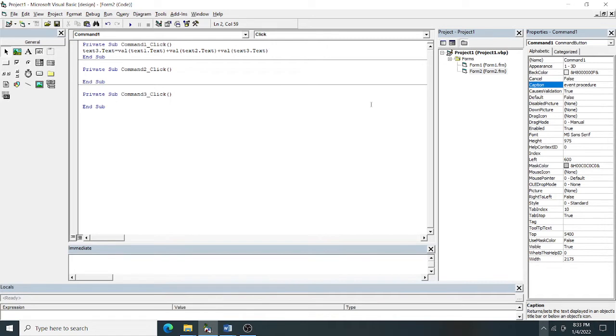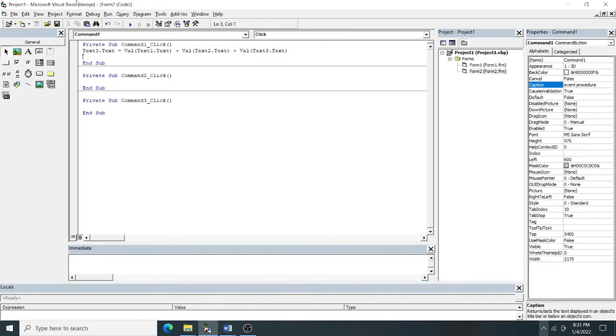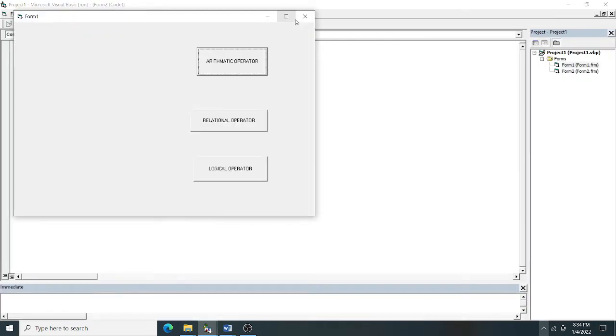So this is the code. If you are asked how to find the sum of three numbers, you use this code. You are writing it in the event procedure. Now if I run this program, it runs the first program.